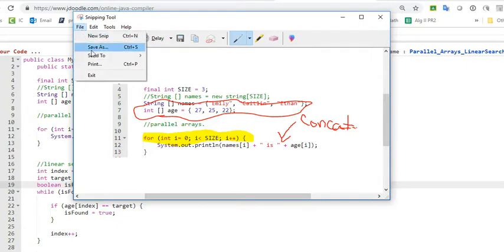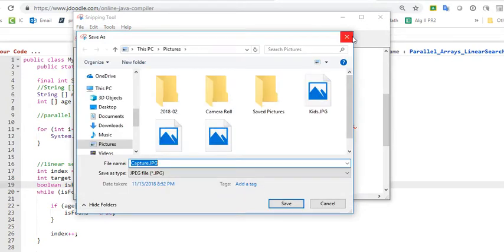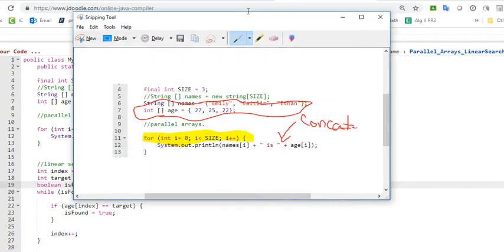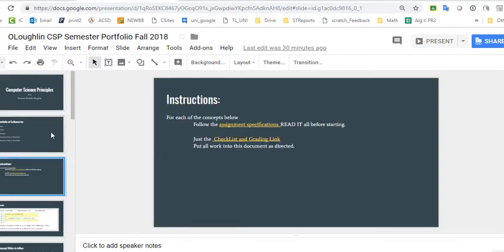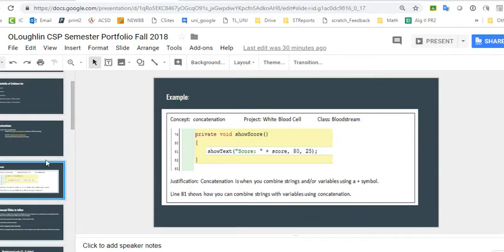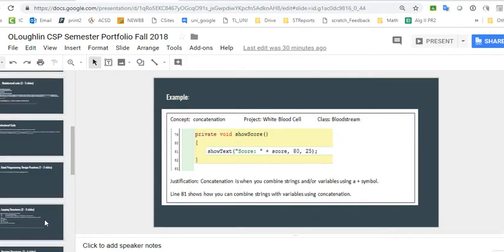You can go to File, Save As, and save it, or a lot of times I don't even take the time to save it. Okay, I'm going to hit cancel on that. I just go to Edit, Copy, and you will go to your semester project. You will go down through the slides, and you'll find the appropriate slide for wherever that's going to go. So I'm just going to find an empty slide